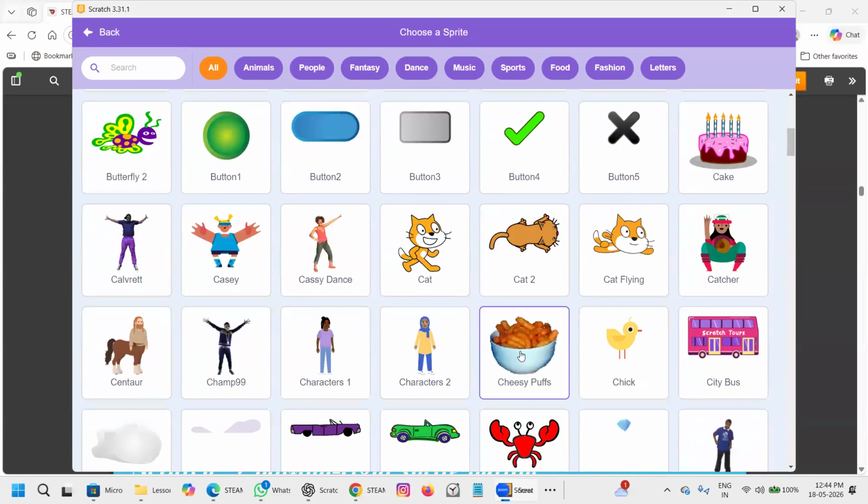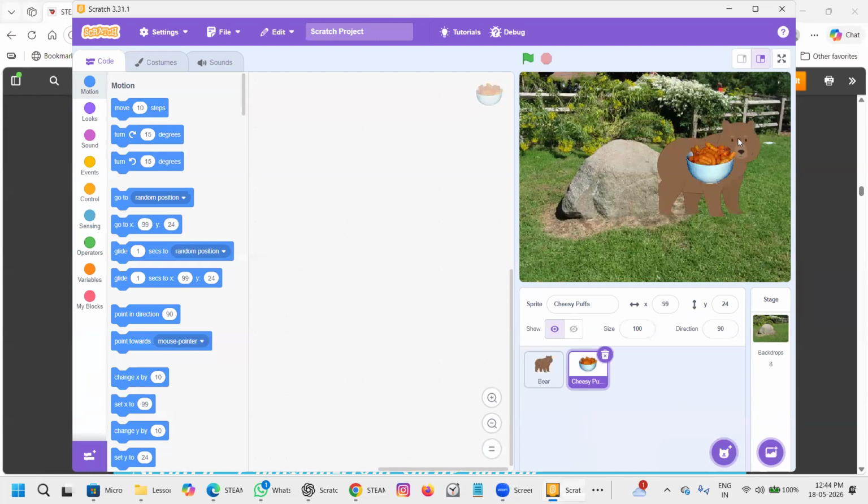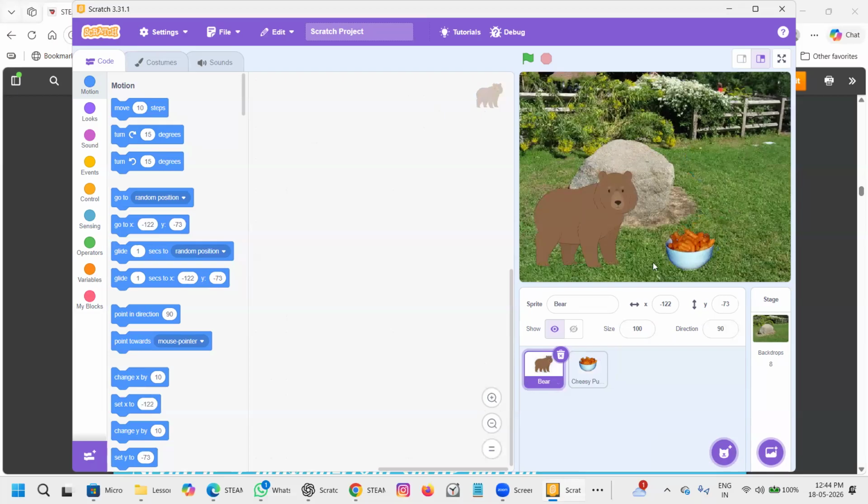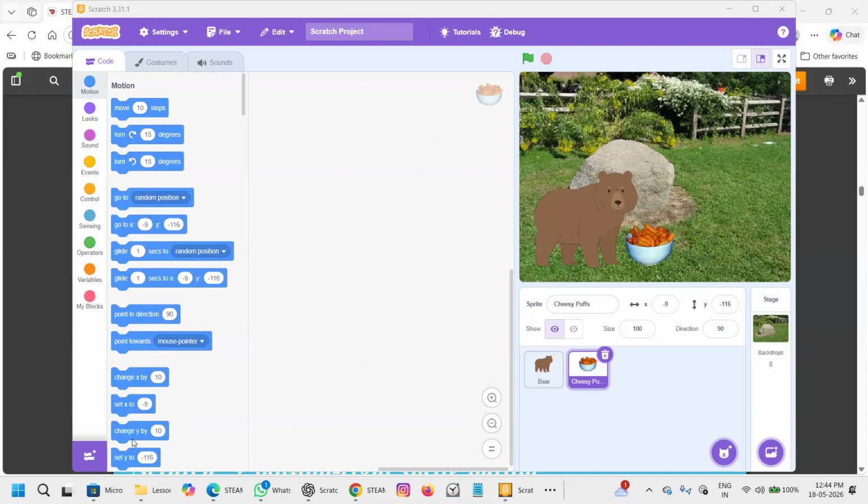Then it becomes sprite. Okay, it is eating cheesy puffs. Something bears don't like for bed. It can be innocent deer also. Okay. It can also have this, trying to see what food it is going to eat, whether it likes or not. Okay, so we can have so many characters. We can have so many sprites in it. Choose your sprite. We can have many number of sprites. We can have a deer.